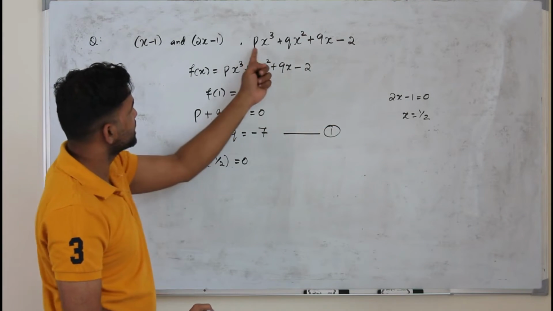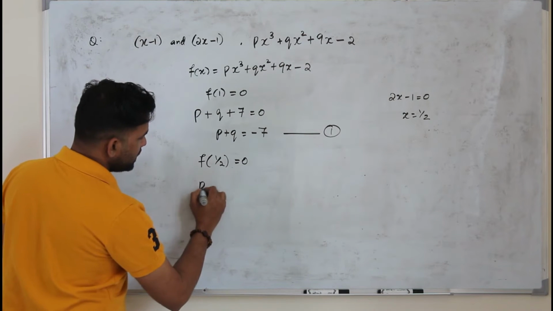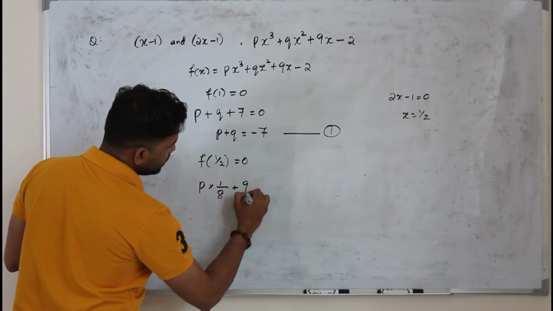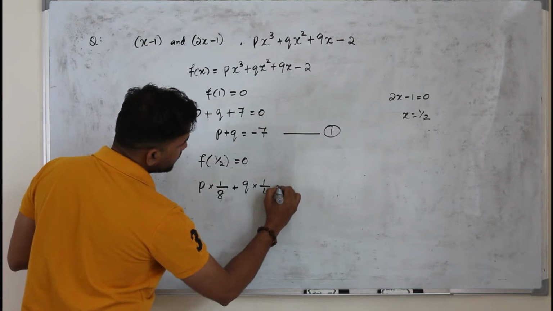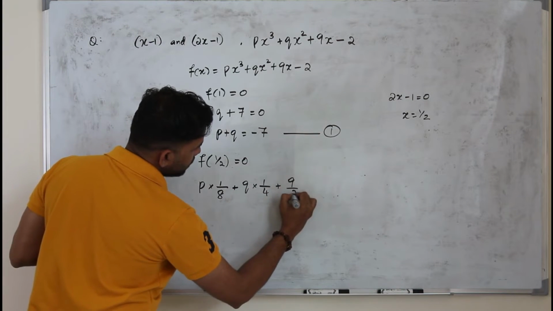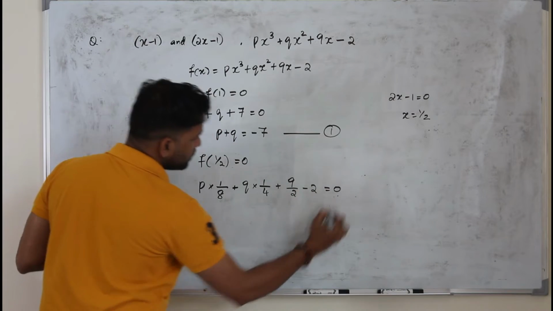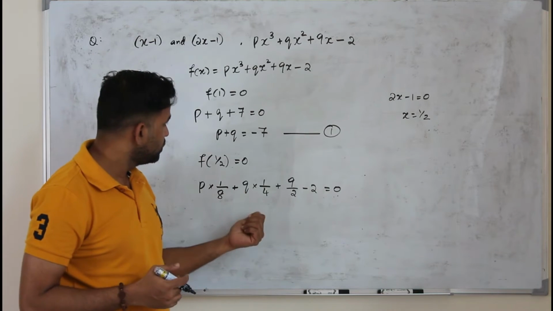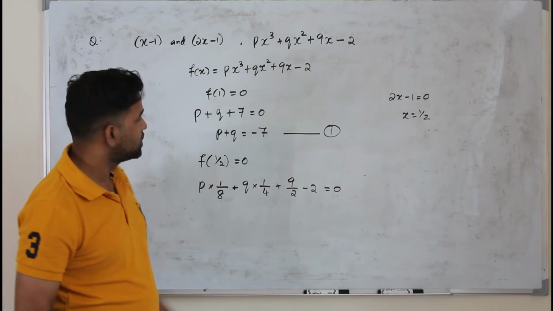So when you replace x by half here, p times half cube, which is 1 by 8, q times half square, plus 9 times half minus 2 is 0. So form another equation in terms of p and q, then solve simultaneous equation so you get the value of